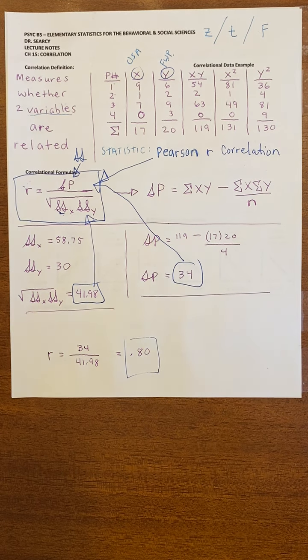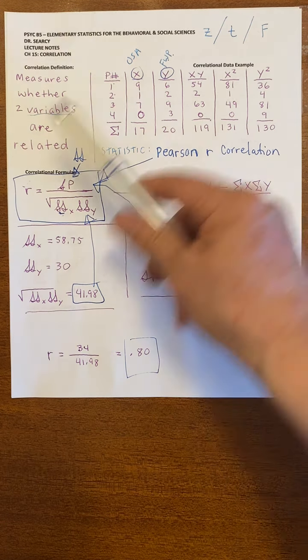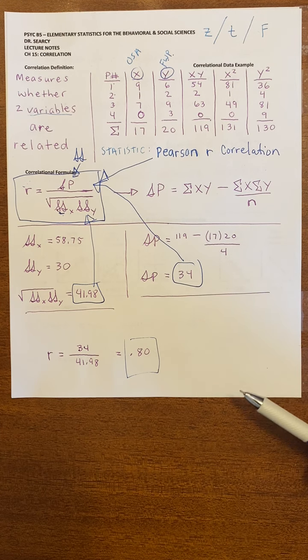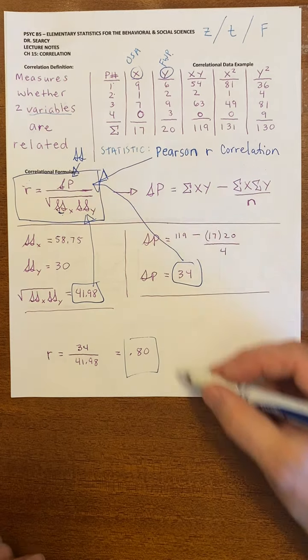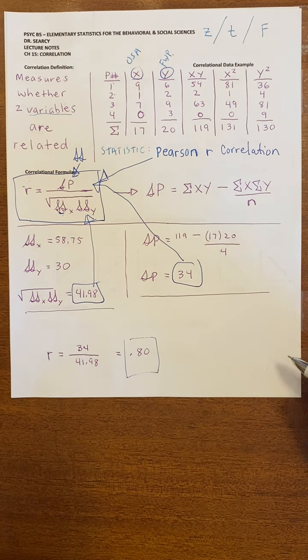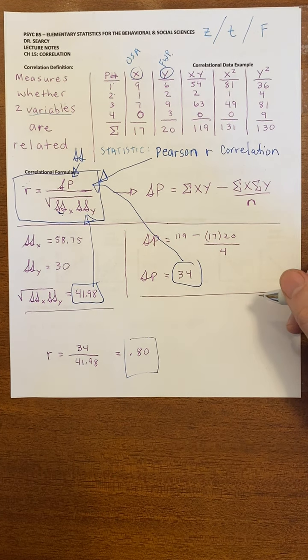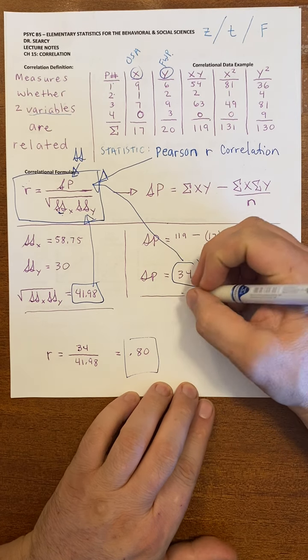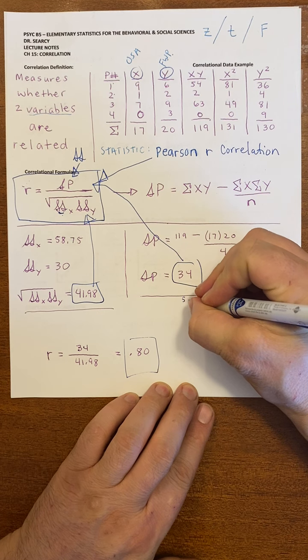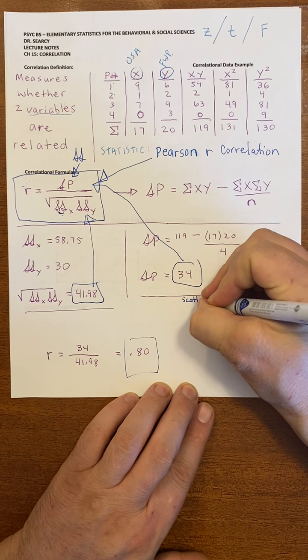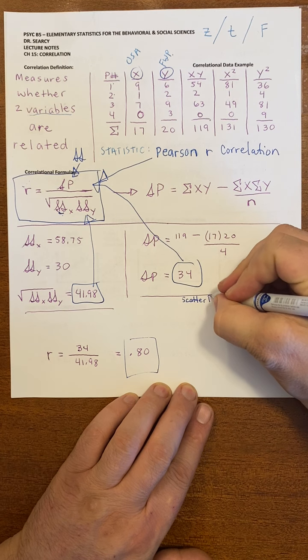Okay, so I'm going to answer that question, but before I do, I need to also note how we would take this data and represent it using a graph. So I'm going to do that in this little spot here. And first, let's note that we're going to use a particular type of graph to represent the data. The graph we're going to use is called a scatter